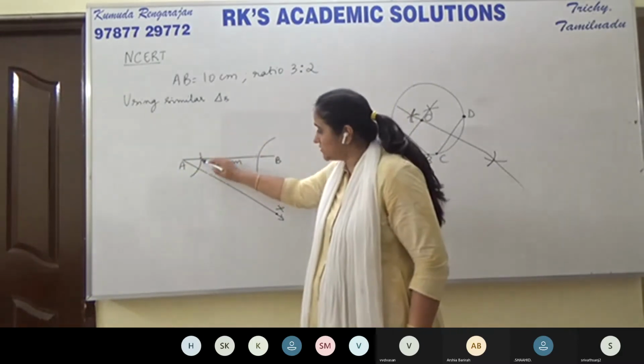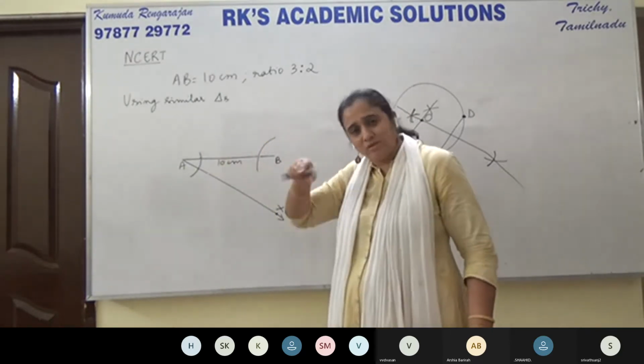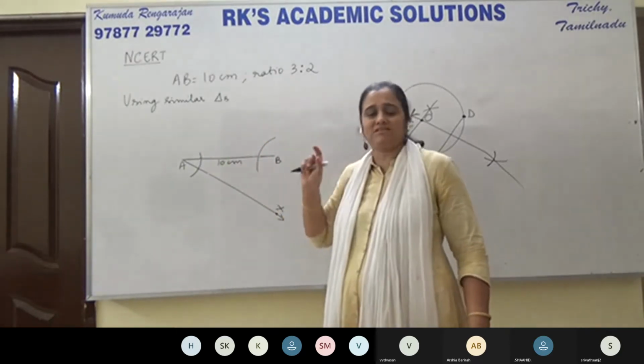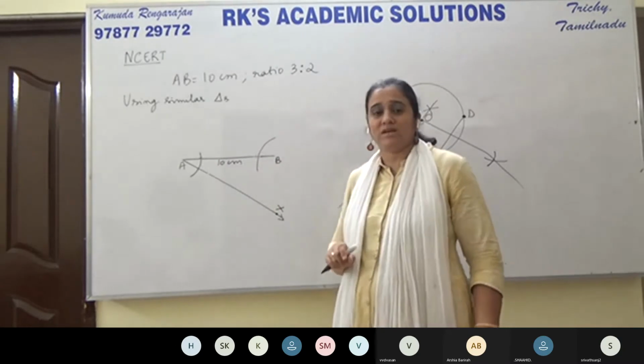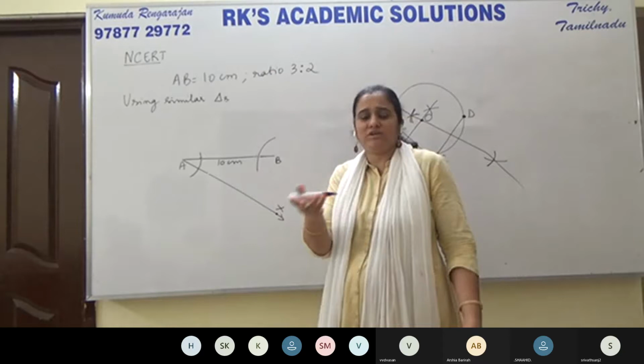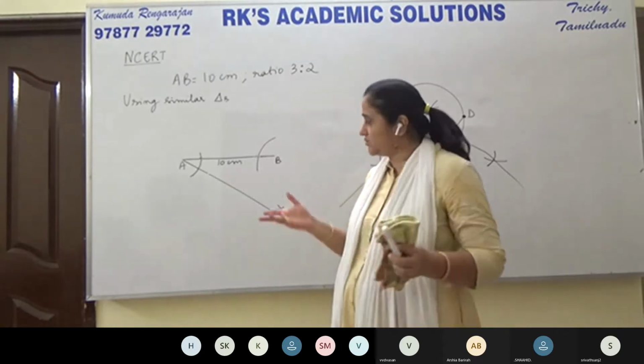You can see these 2 points. At one point, put your compass tip, on the other point, pencil tip, and get the radius on your compass. This will differ. 2 of you need not get the same radius on the compass. This may differ.